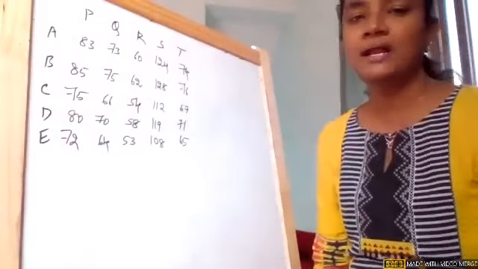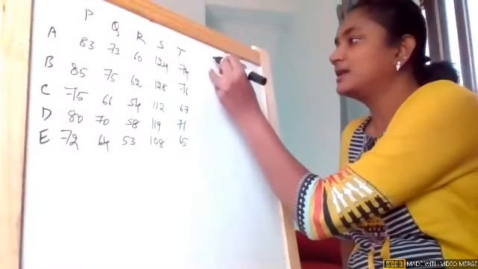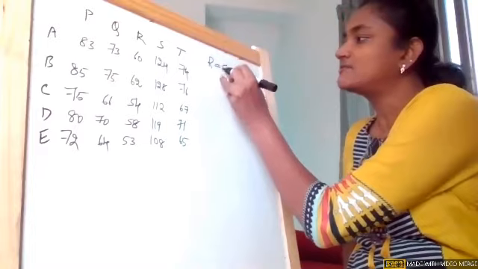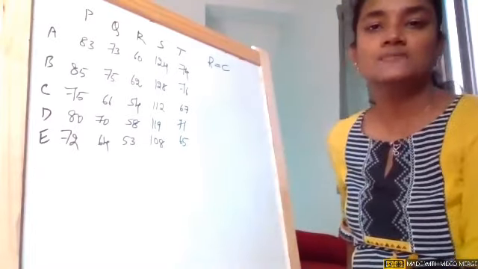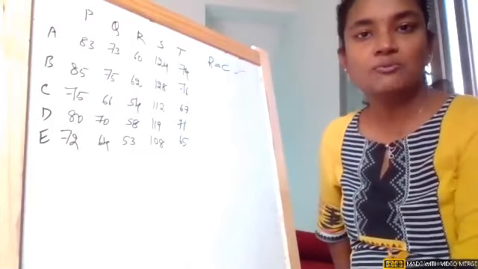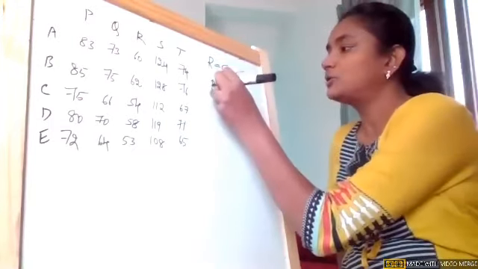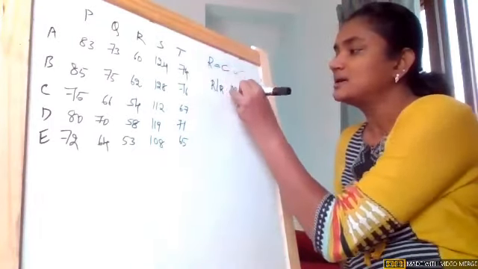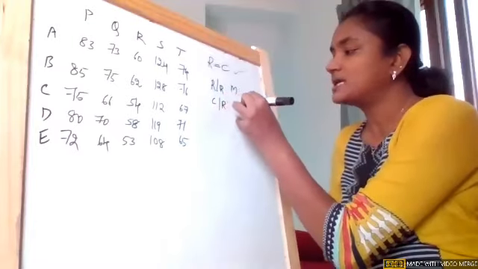So now you have the matrix. Our first step as per the Hungarian method is to check whether my rows are equal to columns. So this principle is satisfied. Now my next step is to create the row reduced matrix as well as the column reduced matrix. So shall we start doing that?